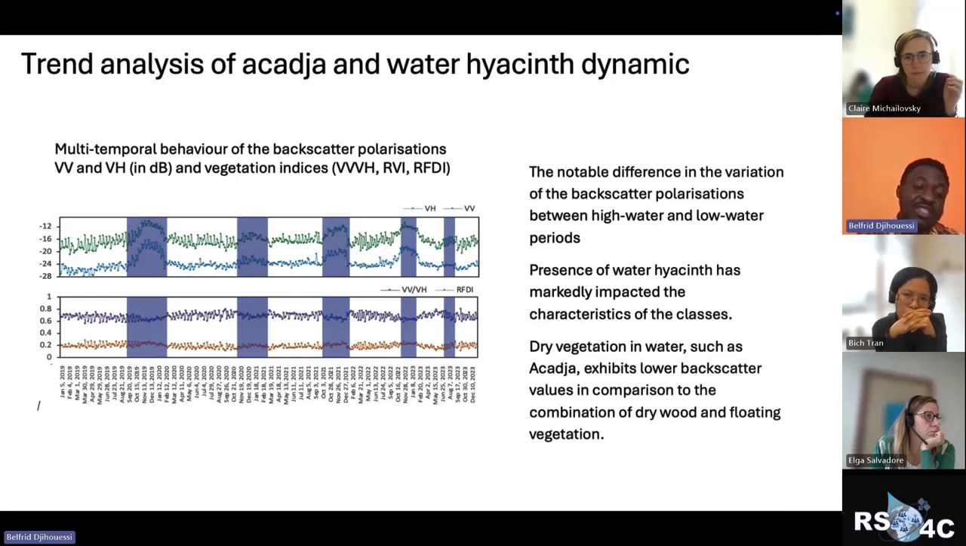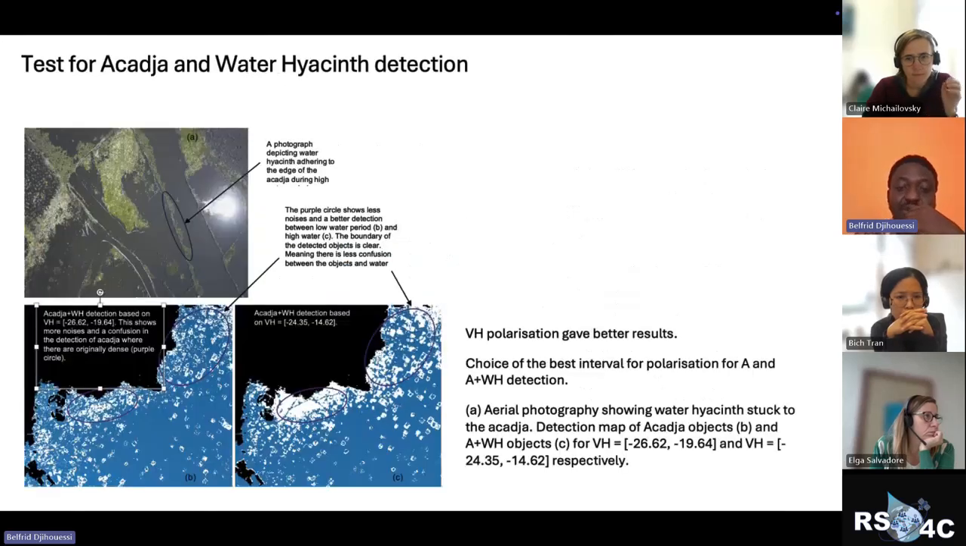But what is done here is to detect the range of interval of the polarization in which we have the better signal on the ground. And when we do that,